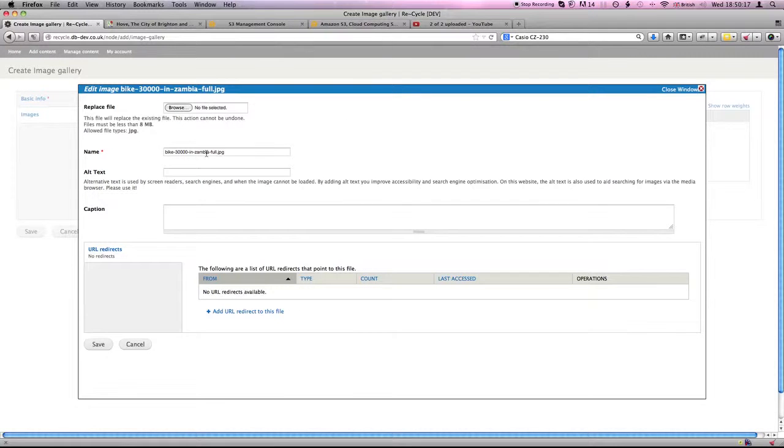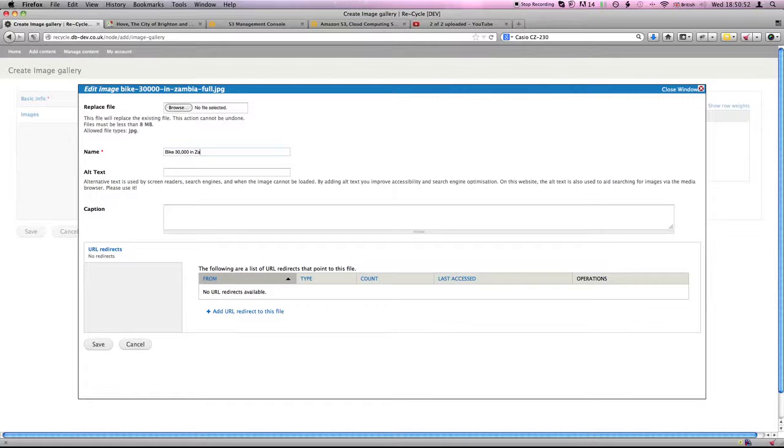The name of the image will appear at the top of the page on the full size when viewing the full size image. So when we're in the gallery section, click on the gallery, we get the thumbnails, we click on the thumb, we're then presented with the page. This name here will be the name of the page. So this name initially will just be the name of the file. We really want to change this to something a bit more user friendly. So we can just say bike